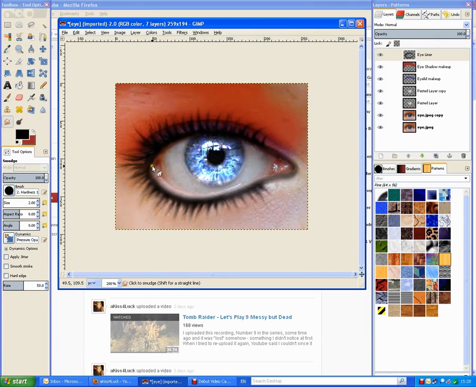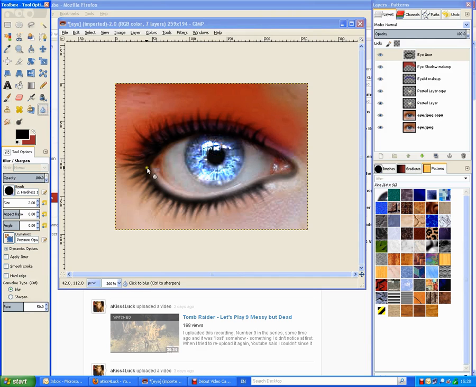I think I'm pretty happy with that. Yep, I think so. So what I'll do is take the blur tool again, increase the size a bit, and just take a bit of the edge off it, and that looks pretty good. I'm really happy with that. So after all that fiddling about,